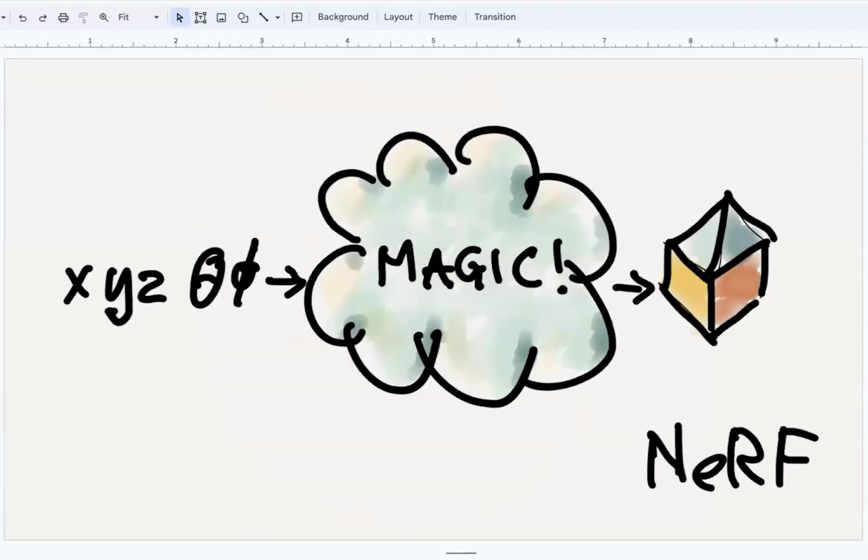Then there's an area that, as you can see, I know nothing about, which is NeRFs. So my view of that is that you get position and viewing direction, then there's some sort of magic, and then you get a picture out of that, and that's basically neural radiance fields.